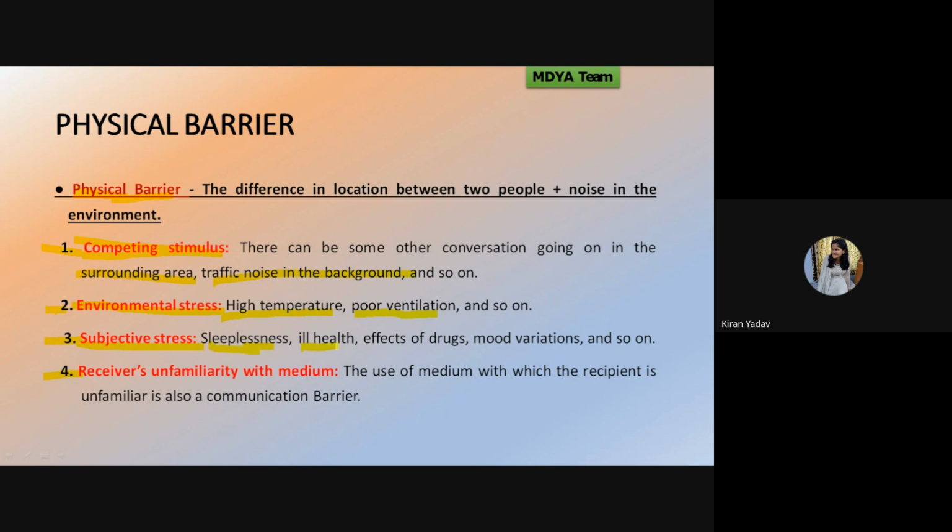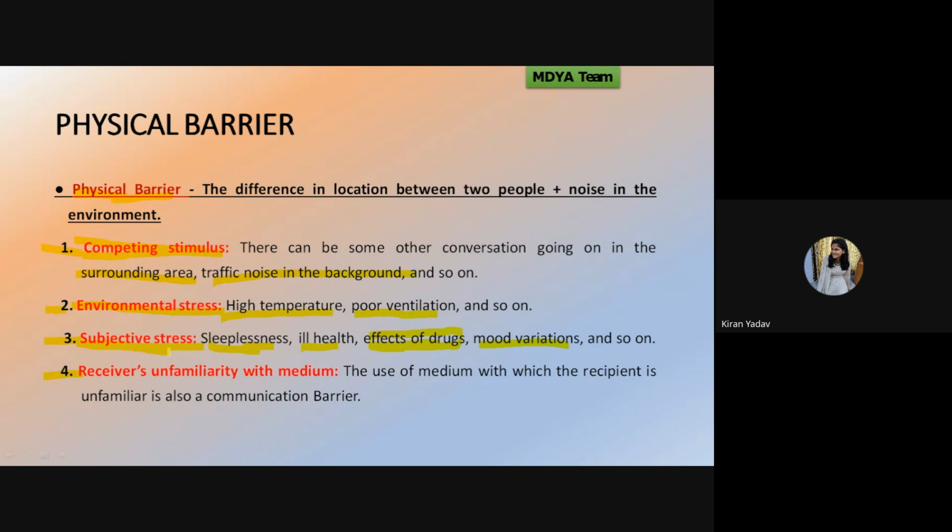Sleeplessness, ill health, effect of drugs, mood variations, all these are in subjective stress. This subjective stress influences a person's cognitive functioning also. If someone has taken some drugs or any medications, then their cognitive functioning will be affected,